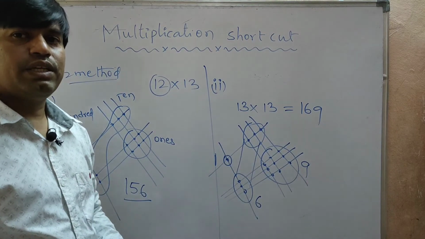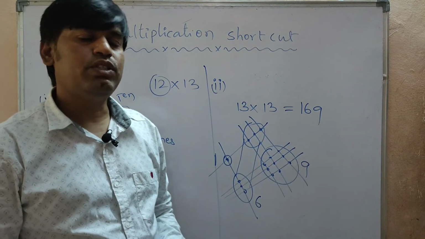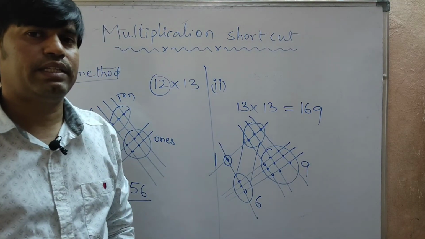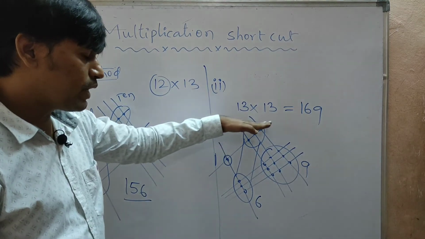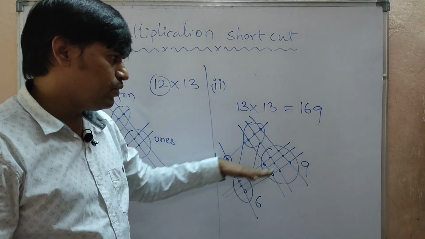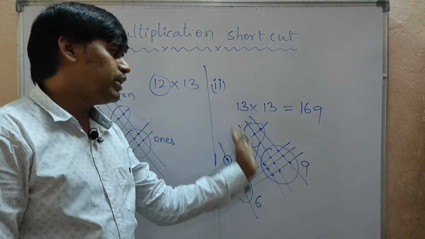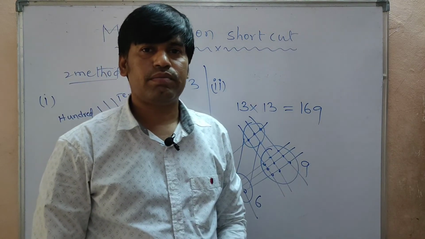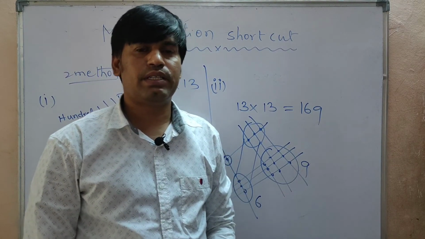If any 17 is there and 16 is there, means you should take 1 line and 7 lines and 1 line and 6 lines, like that only. Okay, here you can take first tens digit value, here you can take ones digit value. Here tens digit value, here you can take ones digit value. With the help of this method, you will get easy multiplication answers.